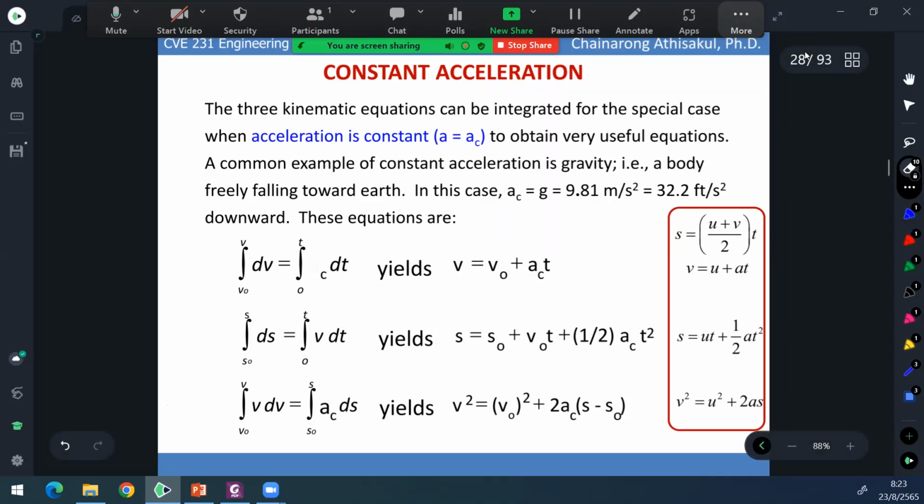In this video we will solve the kinematics problem for the special case where the acceleration is constant. Before we start, a little review of three basic kinematics equations. The first equation is dv/dt equals a. So when a is equal to a constant,